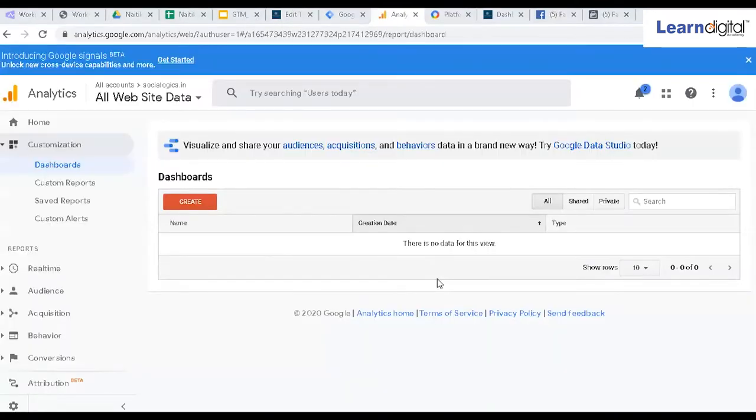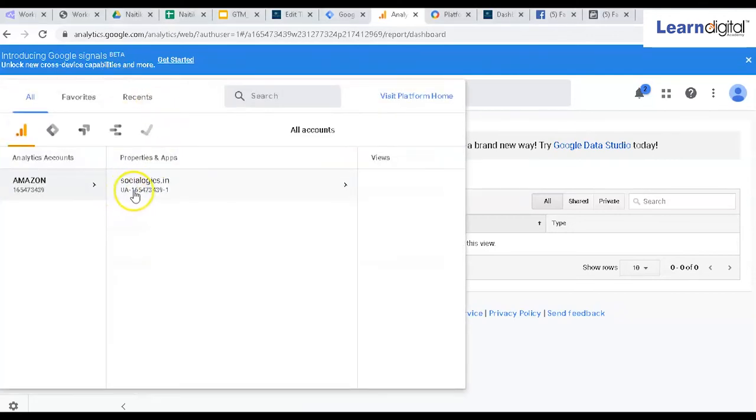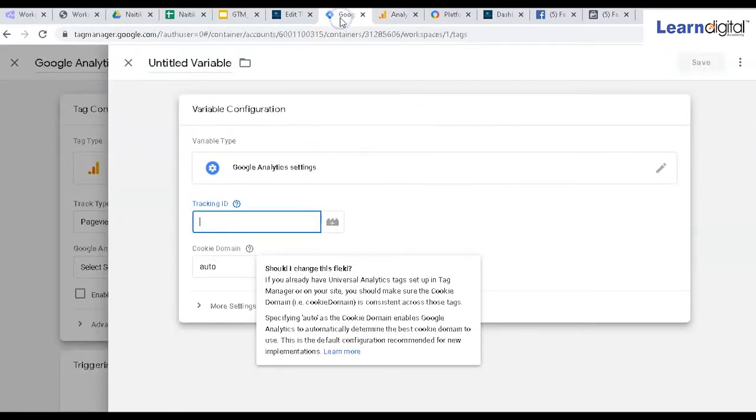When you open the Google Analytics account, you can find a code over here. You can go to All accounts. Over there, you can see this code, right? UA-165473439-1. You have to copy the code and paste it over here. As of now, I need to type it manually. So you can write over here UA hyphen